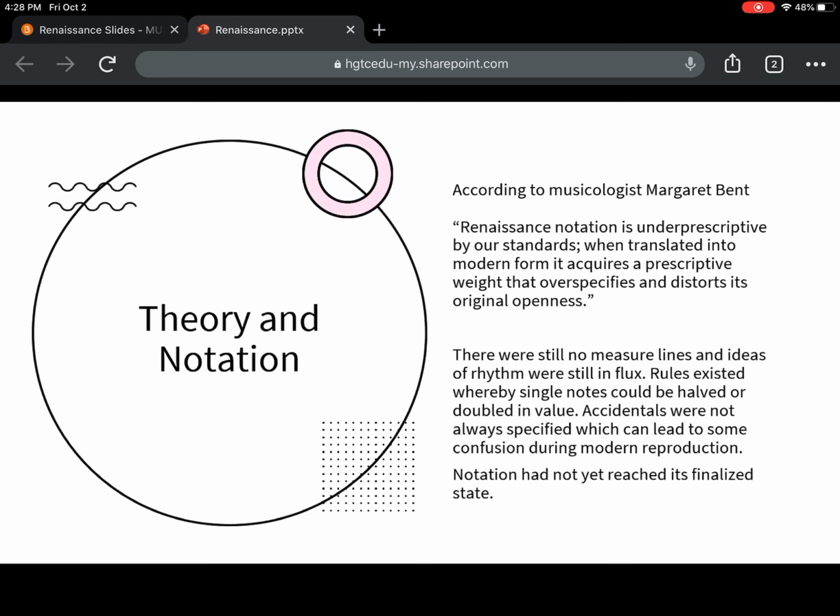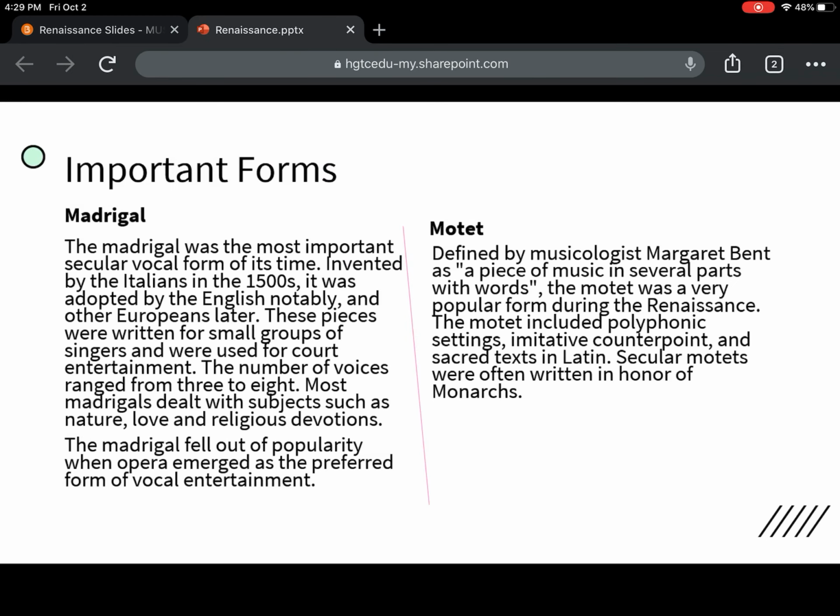But there are opportunities out there for you to go to concerts of people who engage in historically informed practice, people who spend their lifetimes trying to recreate music as it was in this time. I think that's a really valuable enterprise because it's almost like being able to transport your ear back hundreds of years. So all that is to say, most modern recreations of Renaissance music just are not the same as what the people on the ground would have heard at that time.